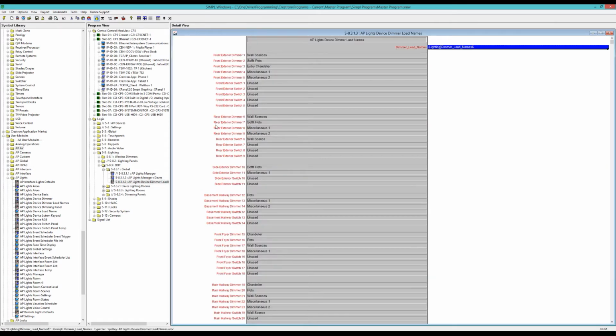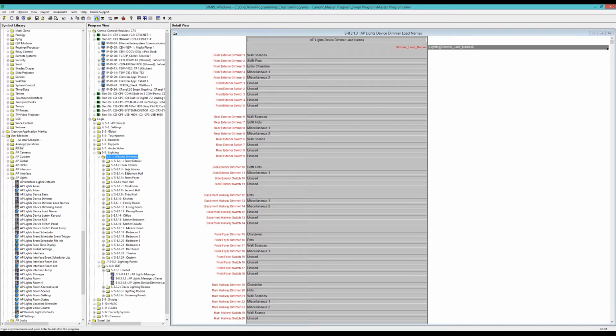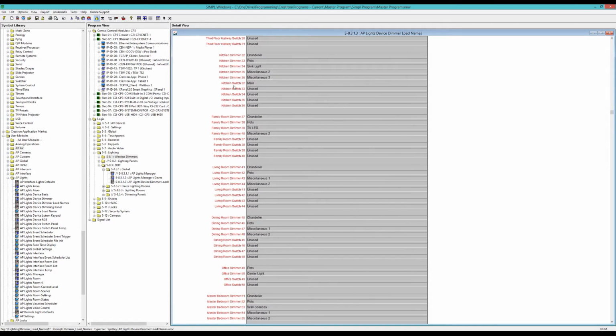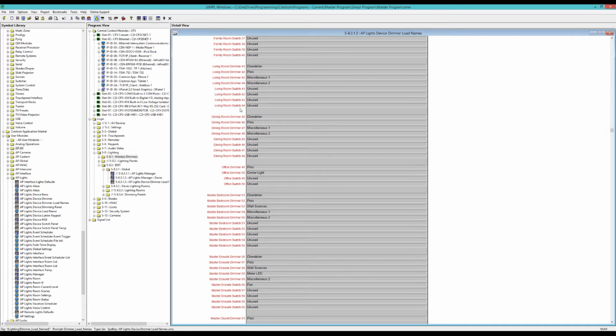This is just a module I made for centralized dimmer names, because when you're doing a bunch of dimming modules here, it's really a pain in the butt to go into each individual module to change the dimming load name or the switch load name. So here I just have it all in the predefined sets like you saw earlier, which is basically,